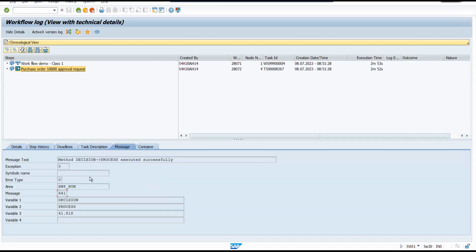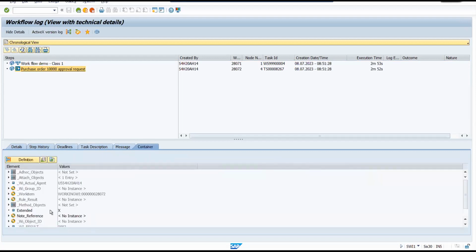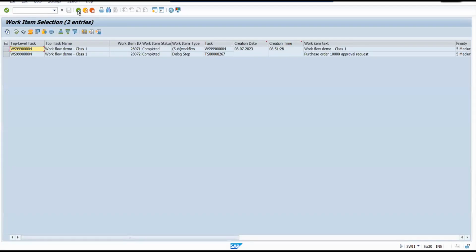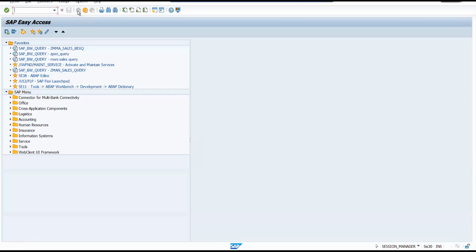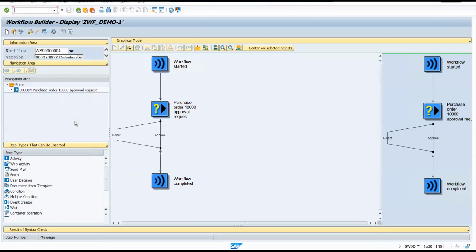Messages, if some important message is there, you will be able to see that. And the container, again, container is an important concept that you should know. Let's quickly create one container value, and then you will be able to understand how we can create a variable in the workflow for that purpose. Okay, but before